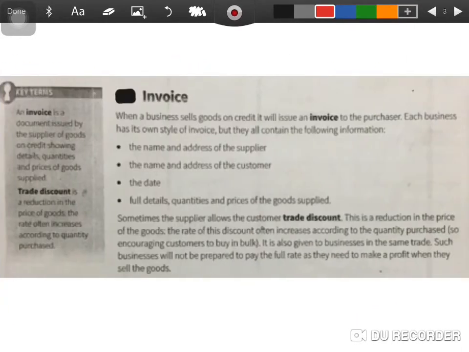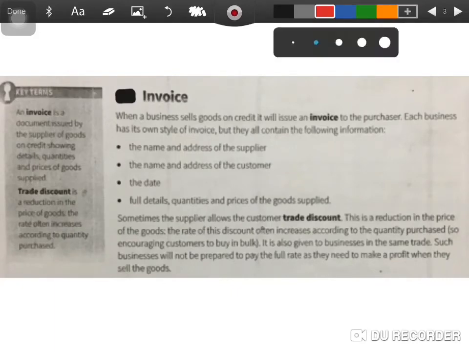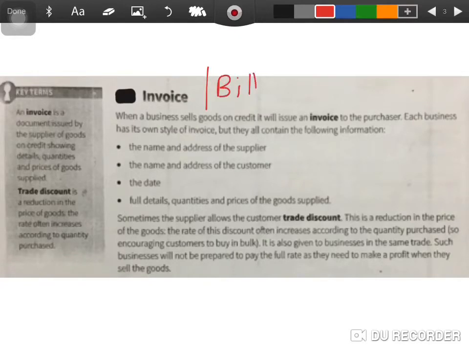Now, the first document that we are going to learn about is an invoice. An invoice basically can also be called a bill, right? So when you go to a shop, a retail outlet, you buy something, then obviously the shopkeeper gives you an invoice or a bill. So that invoice is really important. Now, when a business sells goods on credit, it will issue an invoice to the purchaser. So basically this document is given by the seller to the purchaser or buyer,